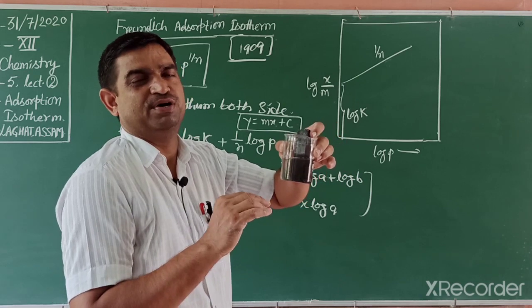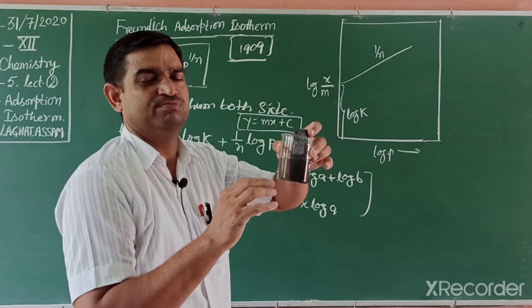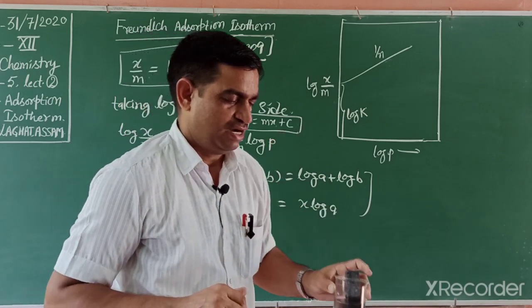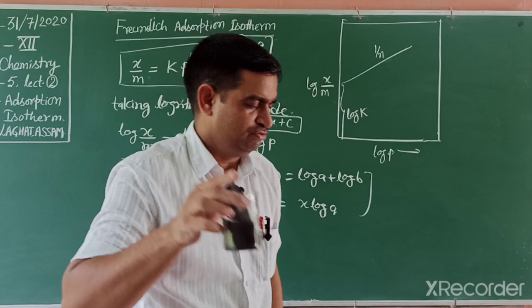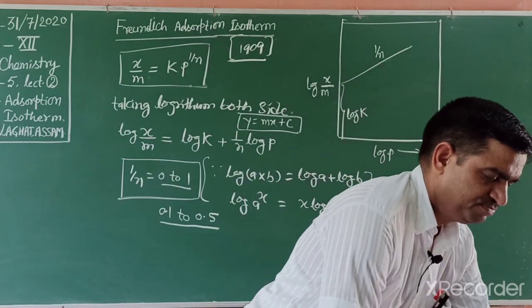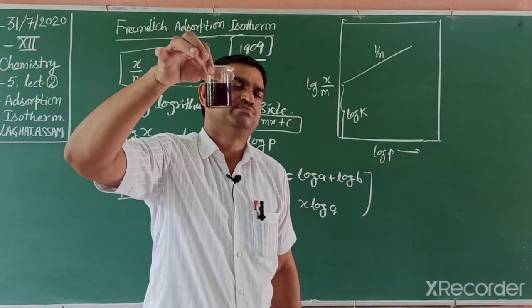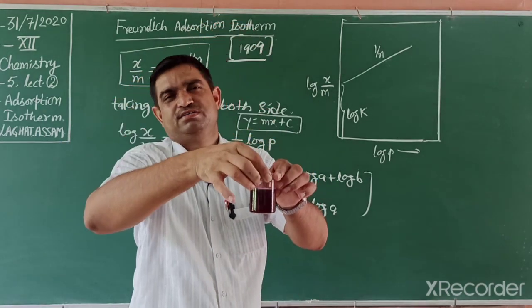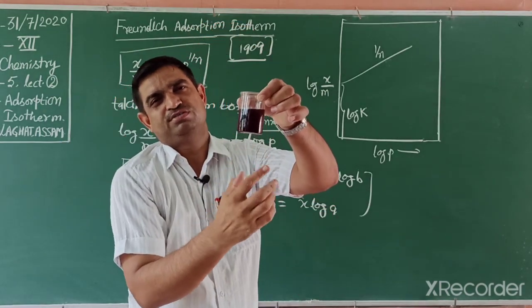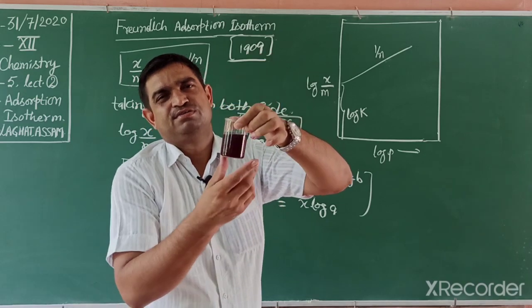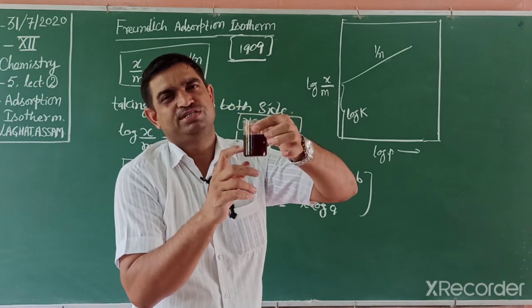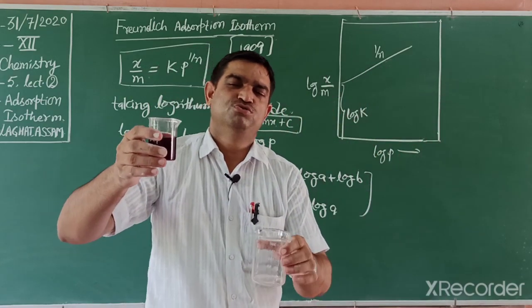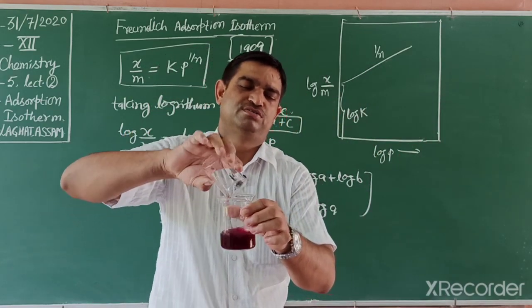This one is an example. In solution, some substances can adsorb on the surface. Another example I am showing you is litmus solution. This one is blue litmus, and it gives a purple color solution. And if you mix, because it is made in water, and we want to adsorb this solution,